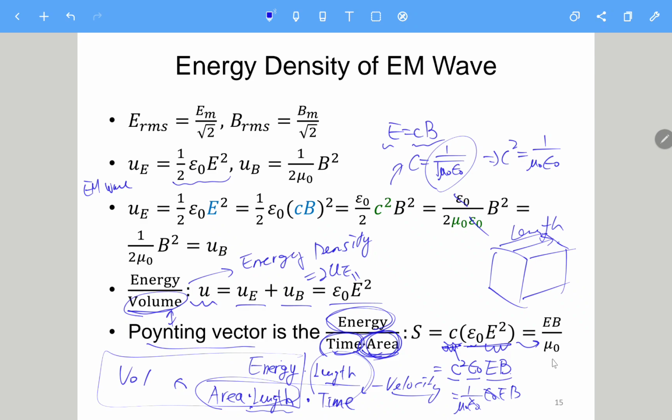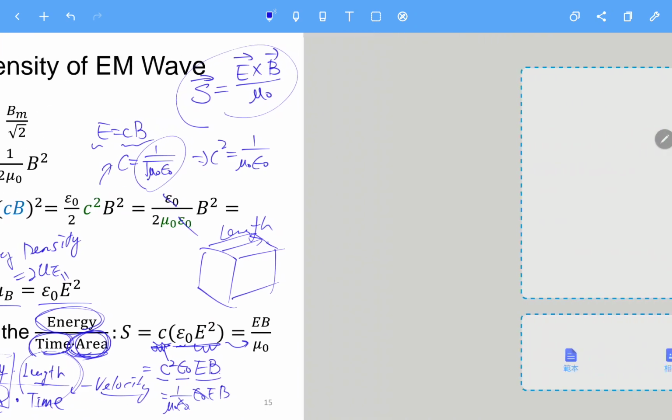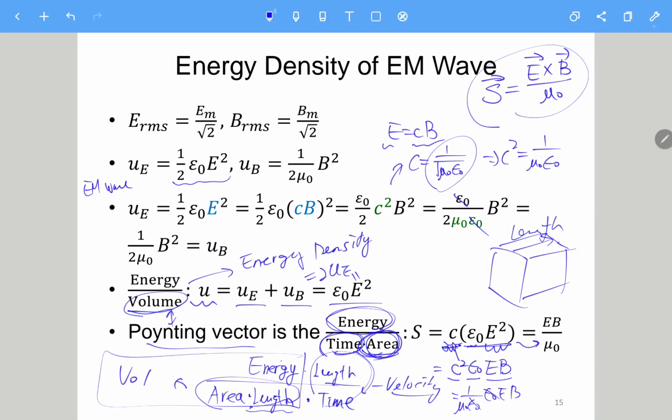And in the textbook, it just tells you that the Poynting vector S is actually E vector cross B vector over mu naught. So that's why the definition of the Poynting vector is like that. Okay, so this is pretty much